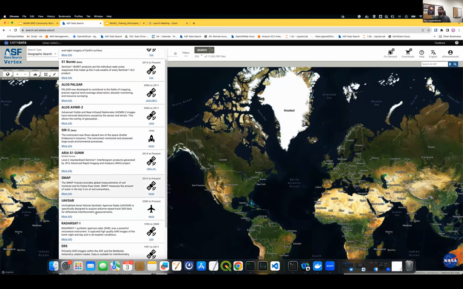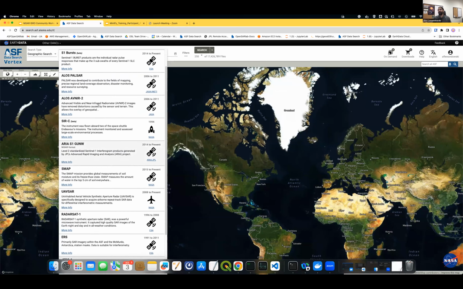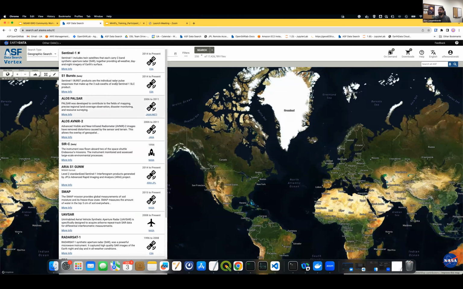There are a whole host of datasets, a few that I'll specifically point out that might be of interest, especially in the context of NISAR, are the UAVSAR data. These are L-band data collected from UAVSAR, which is NASA's airplane for collecting SAR data, and these are L-band similarly to NISAR,